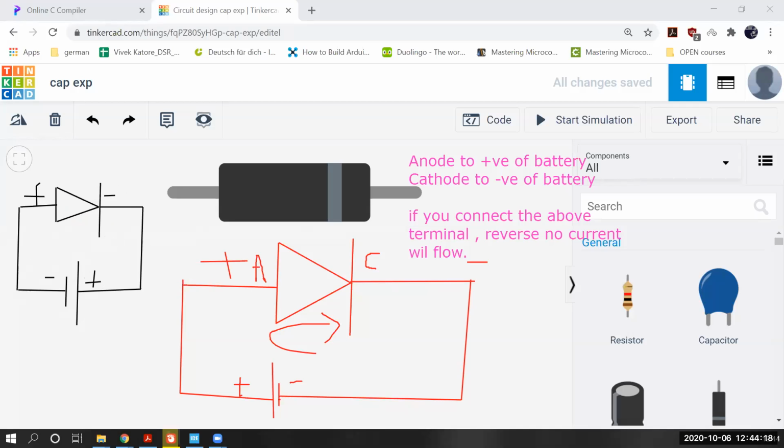So actually this side is anode and this side is cathode.